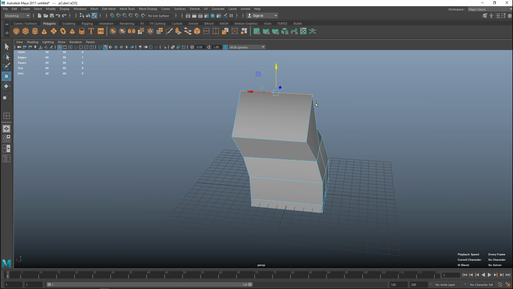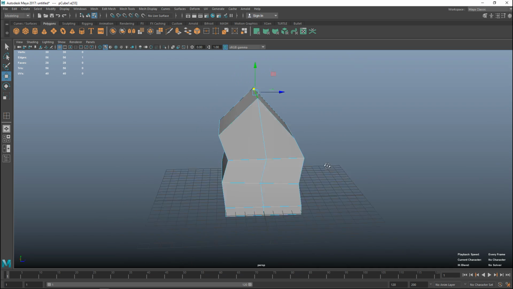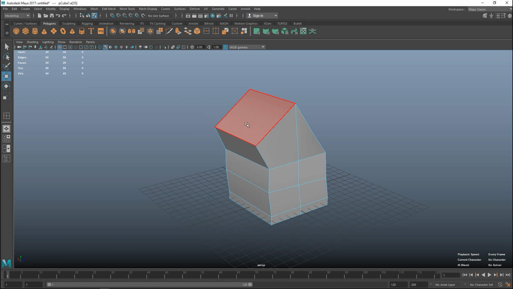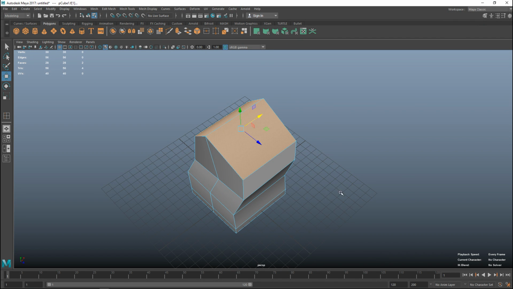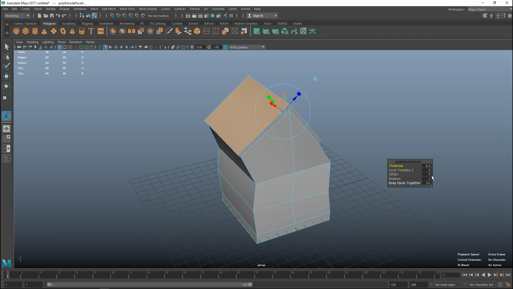Okay, and what we can do is move that forward a little bit if you like. Yeah, cool. And then we're going to right click, go to face, and select these two faces. We're going to hit Control E to extrude. We're going to add some thickness. Let's do 0.2. Let's try that. And then we're going to tweak the offset